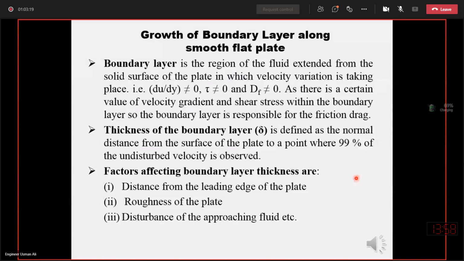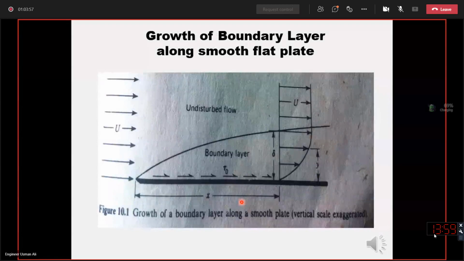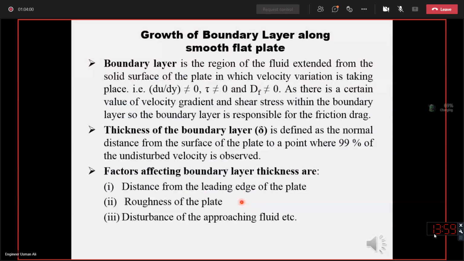We'll discuss the types of boundary layer. Remember, if the plate is not smooth and has roughness on its surface, this will change the laminar boundary layer to a turbulent boundary layer. The rate of increase of thickness of the laminar boundary layer is lesser than that of the turbulent boundary layer. So the thickness of the boundary layer in case of roughness of the plate will be more as compared to the laminar boundary layer.